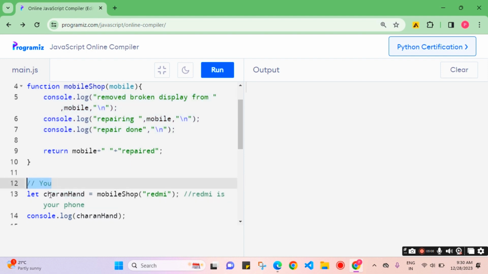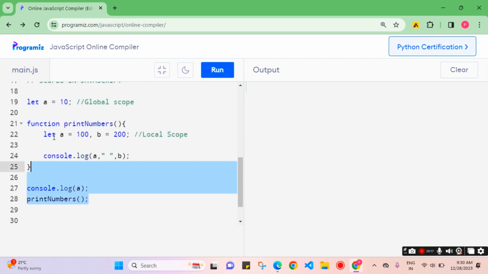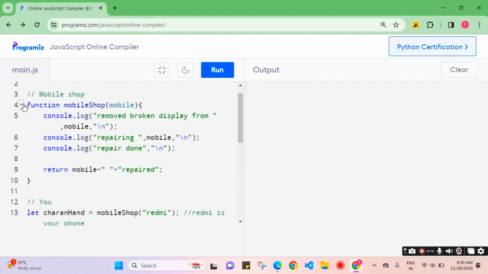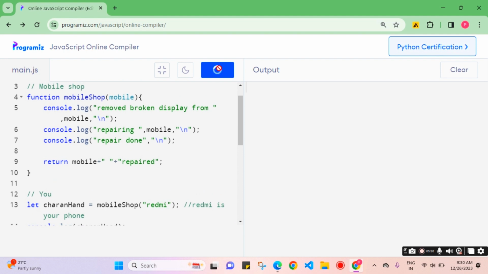Let's say this is you, and your name is Sharan. So you receive your mobile phone in your hand, that is the variable I have declared here, Sharan hand. Let me run and show you. If you console log the Sharan hand, you will have a Redmi mobile repaired in your hand. If I run this,